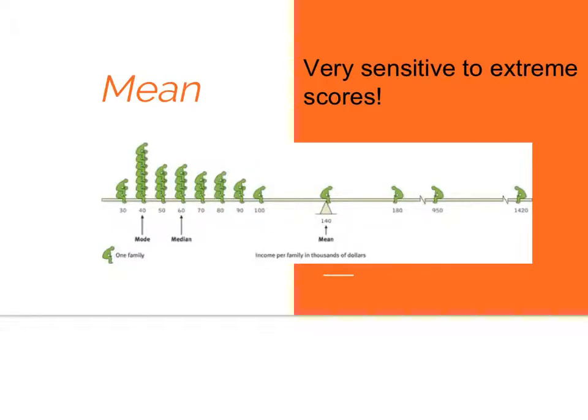And income is the quintessential example of how the mean is not the best measure of central tendency when we want to measure, let's say, household income in a particular place. Why? Because it is very common in income data that multi-billionaire people are just going to throw off the data and make the mean less of a representation of our set of scores. This example, you have it in your